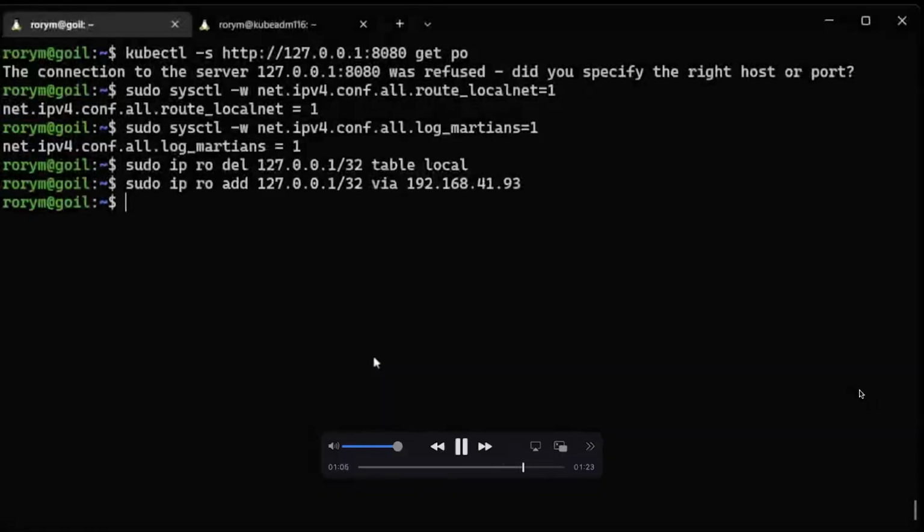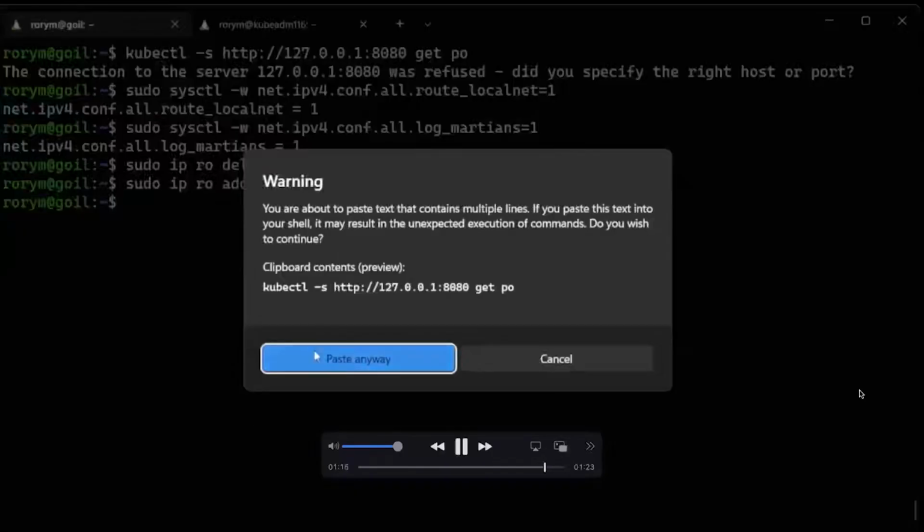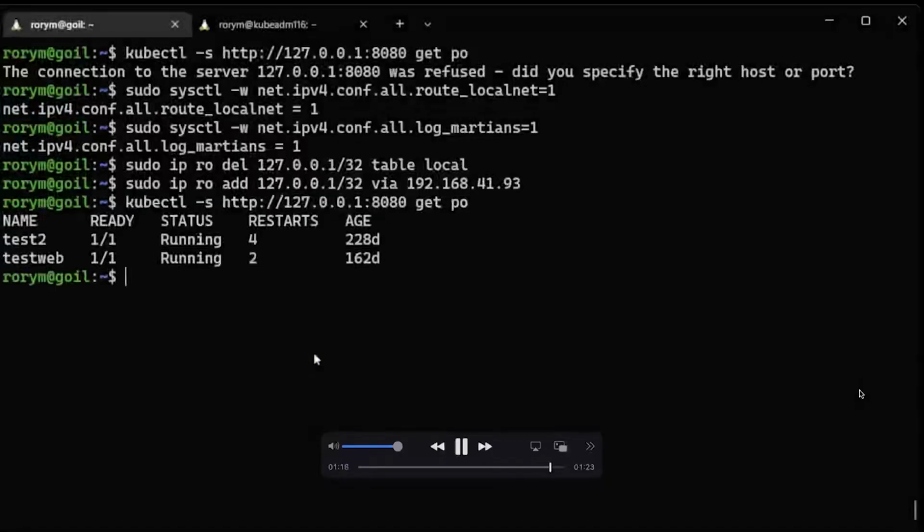So now we should have a route set so that it'll actually go to the cluster, and we should be able to replay our kubectl command from before and see if it'll give us access to the cluster that happens to be running on this port on that machine. And as you can see, that now works, indicating that we've been able to successfully exploit this vulnerability.